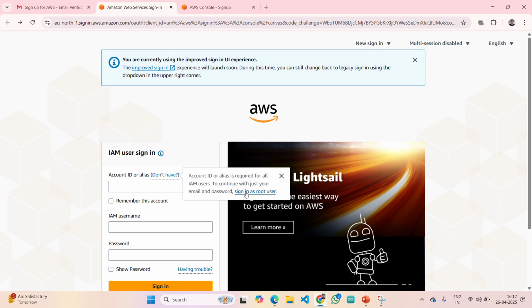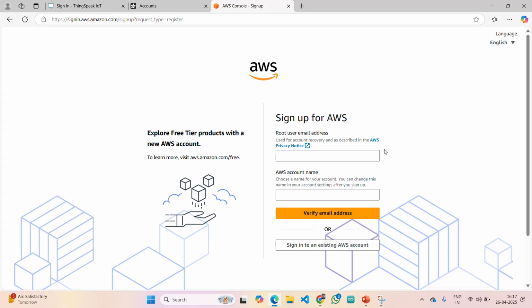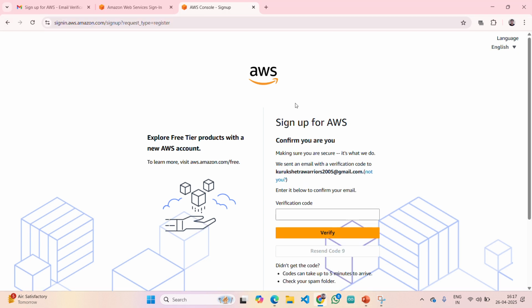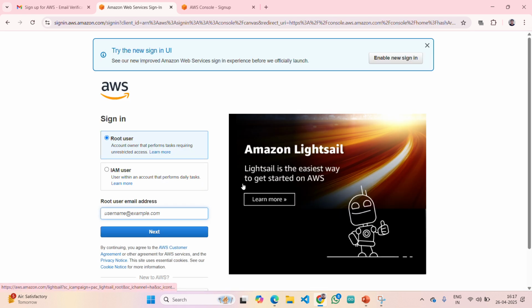Here it will ask sign in as root user. The link I shared previously belongs to root, right? Let me show. Yes, root user mail address. We entered regarding root only, right? So for sign in also we need to choose root user. I have selected root user. Now enter the mail ID.